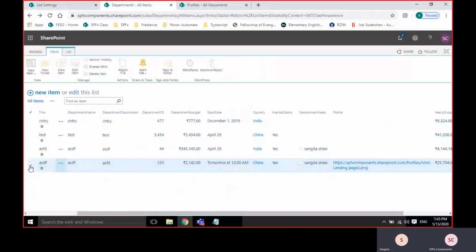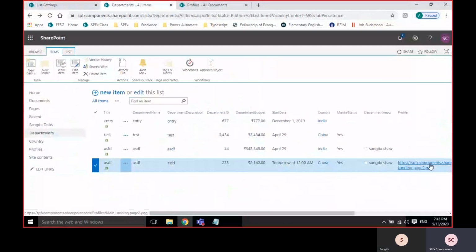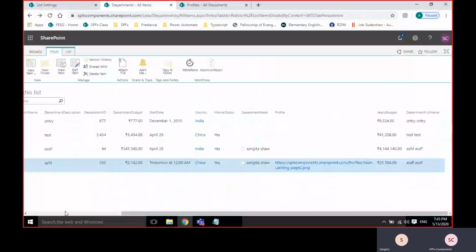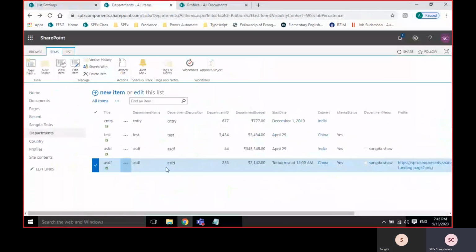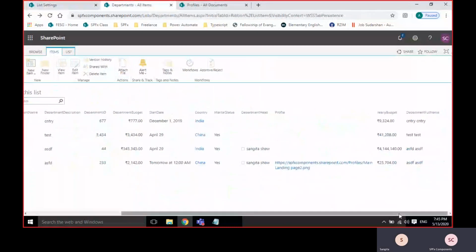Can you please repeat this one? Yeah, the calculated value supports the current record. If I want to calculate first name and last name, I can take only this record. I cannot calculate based on the previous record or whatever other records. If it's needed, then we need to go for customization. There are some restrictions.